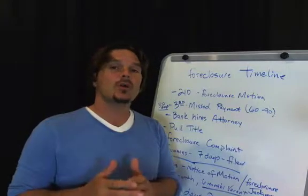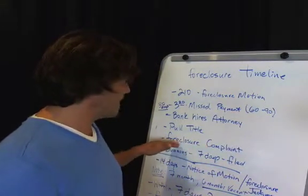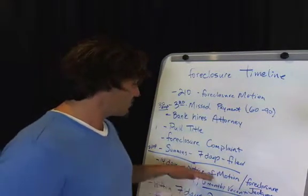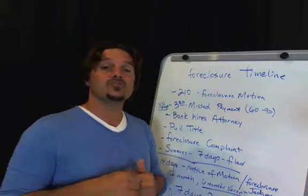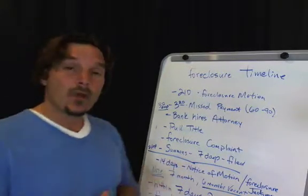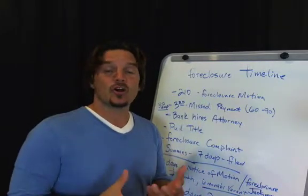And so you know the clock does not start with the foreclosure process until the actual foreclosure complaint is filed and the foreclosure judgment is actually started. That's the notice of motion and the foreclosure judgment. So what you have from that point is 210 days. So there's 2 things that happen. I want you to note this, that if you are living in the property, you have 7 months, what they call a redemption period, for you to be able to make payments and catch up and be able to